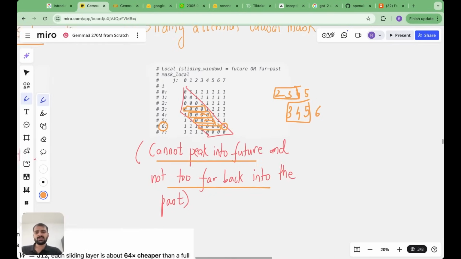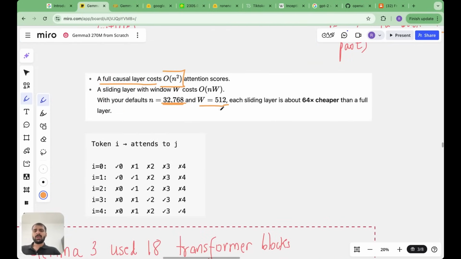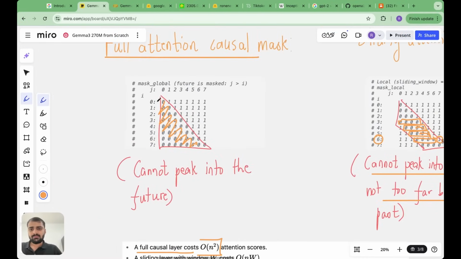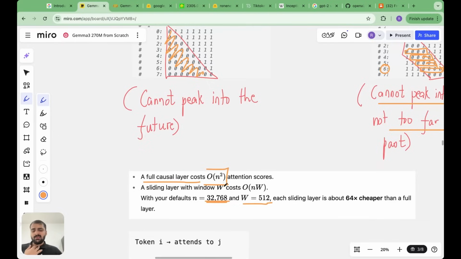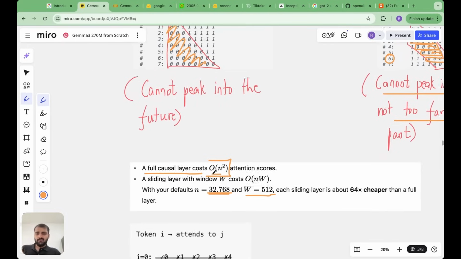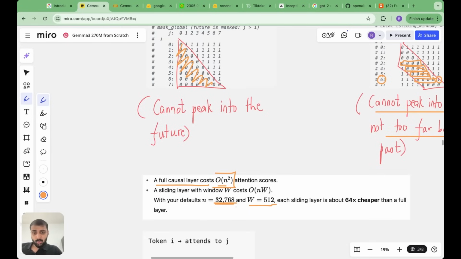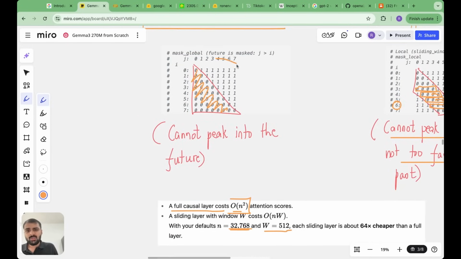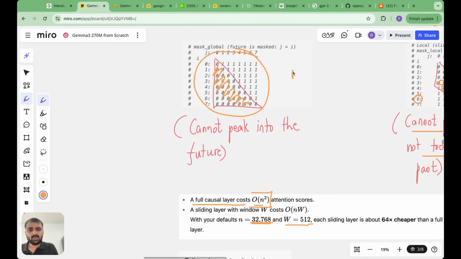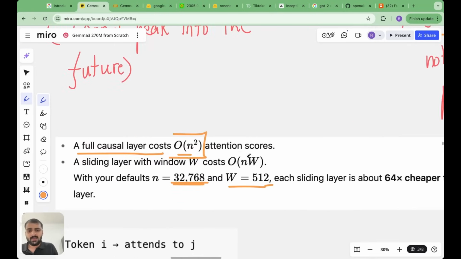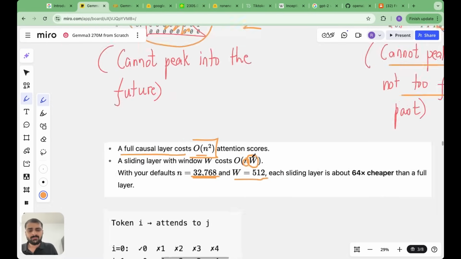And this reduces the number of attention scores which we need to calculate by a huge amount. So here I am showing an 8 by 8 matrix, right? If the number of tokens in the input sequence is 32768, like was the case for Gemma 2, if you actually use the causal attention, you will need to compute n square by 2 attention scores. But if you use the sliding attention, you only need to calculate on the order of n into w,